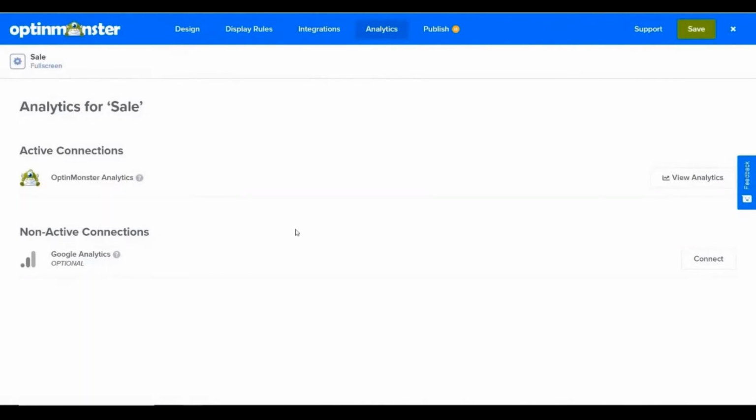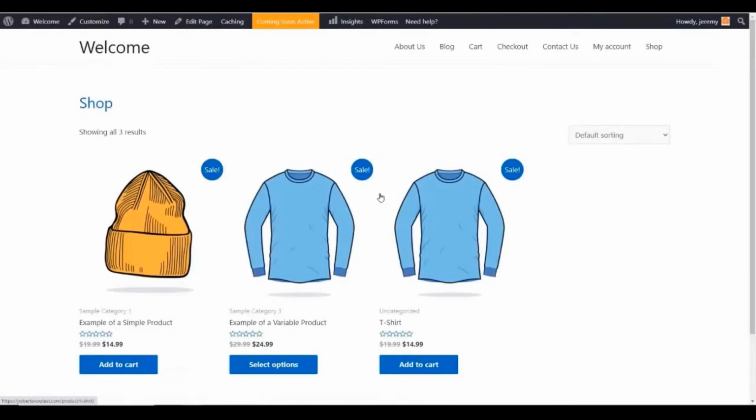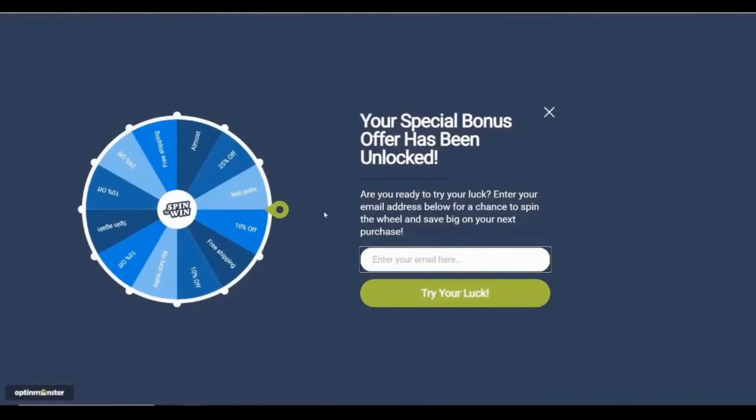Then whenever you're ready, go to the publish screen. Now that everything is connected, we can also click preview and we'll see what it will look like on our site. So here's our site, and it does the spin to win. That should help with you growing your email list as well as increasing your conversions for any other